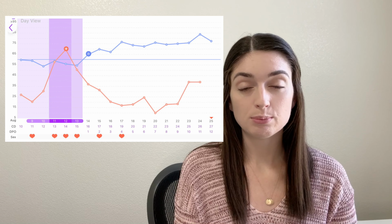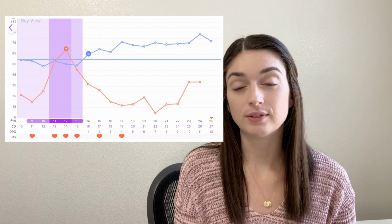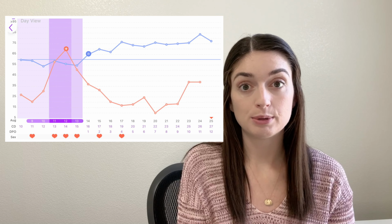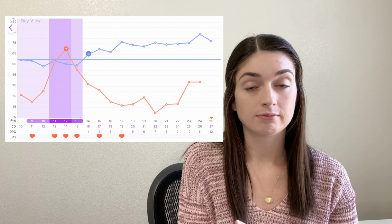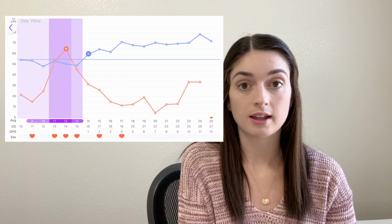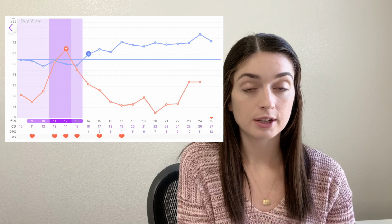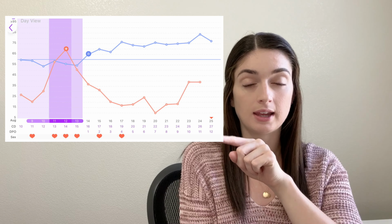And on 8 DPO, I might have had very, very faint positive pregnancy tests. Looking back at photos, I kind of think there may have been something on those tests, but for sure on 9 DPO, there are faint positive pregnancy tests. So I know at 9 DPO, I had positive pregnancy tests, and you can see that 8 and 9 for my LH were very similar,